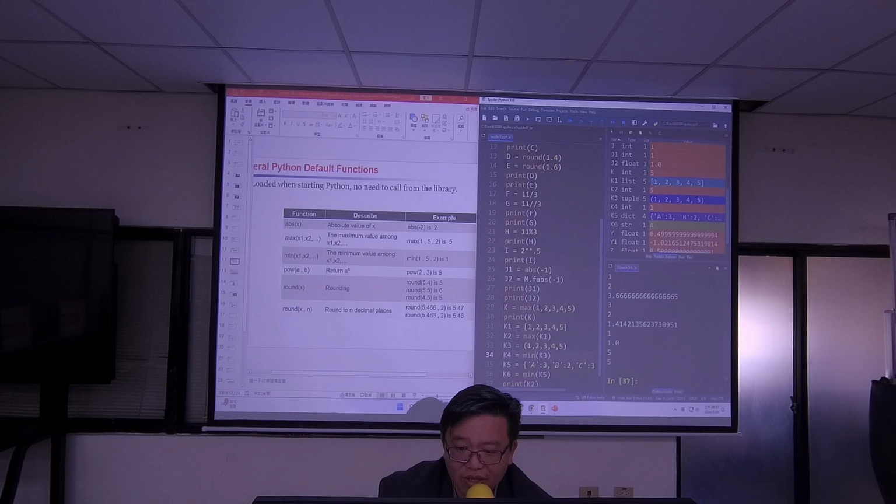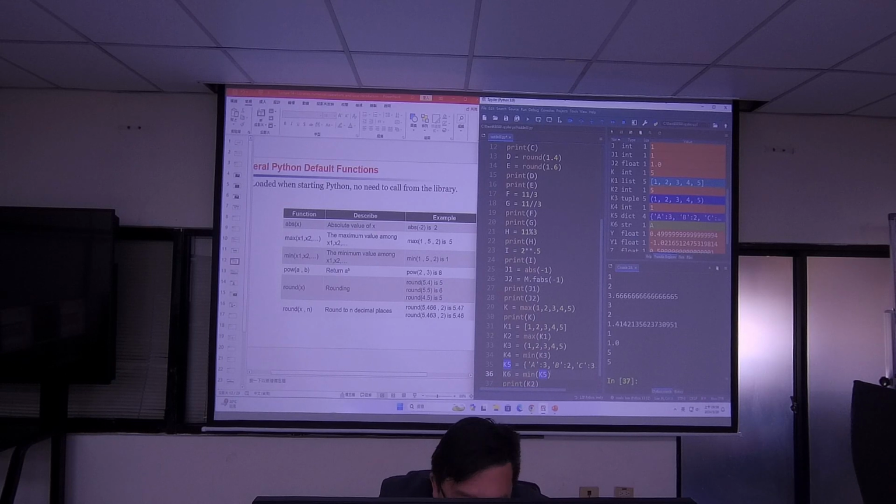K4 is one correct, but minimum of K5, it says B. It says A. Then I'm not sure. Maybe it's just computing the... Okay, I think min or max for the dictionary is very weird. Maybe it's just counting the index. Which one? So if I say